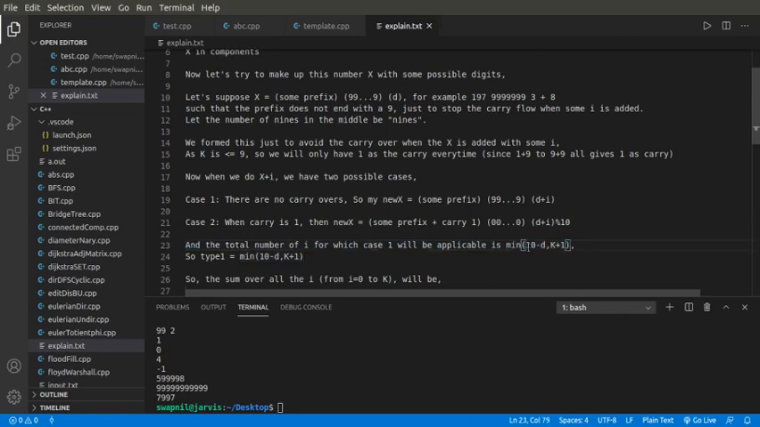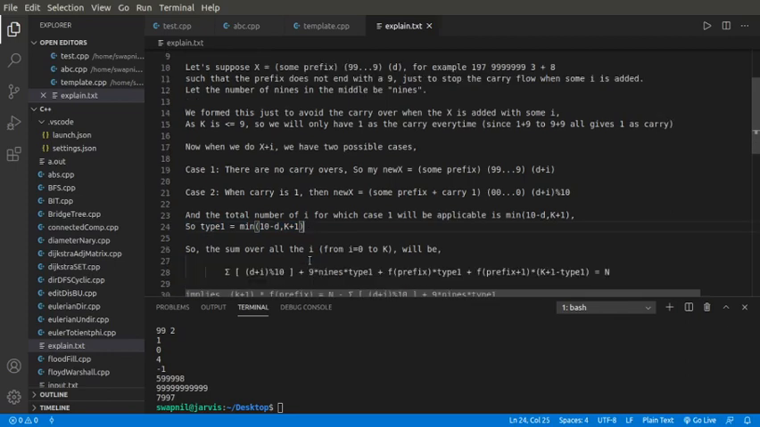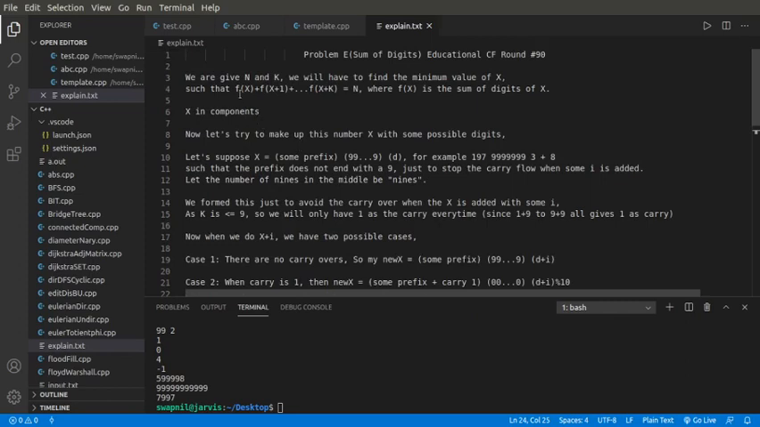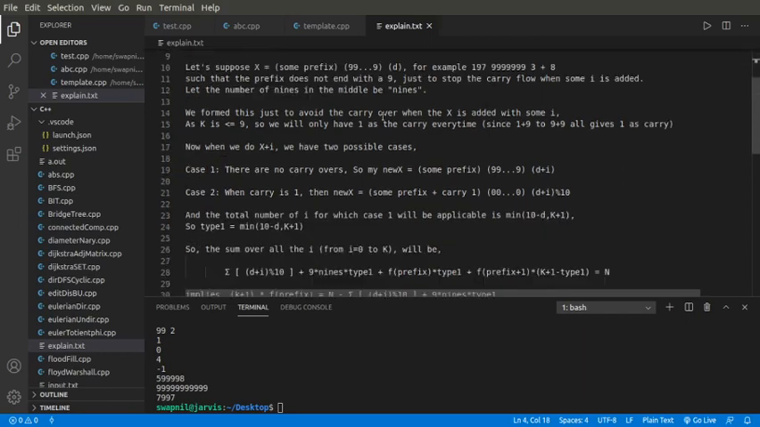This is a trivial step, that I am taking the minimum of 10 minus d with k plus 1. So the total number of such i's for which there will be no carryovers will be the minimum of 10 minus d comma k plus 1. Okay, so the sum over all the i from i equals 0 to k — I am trying to find out this particular sum, f of x plus f of x plus 1 up to f of x plus k, which is n,